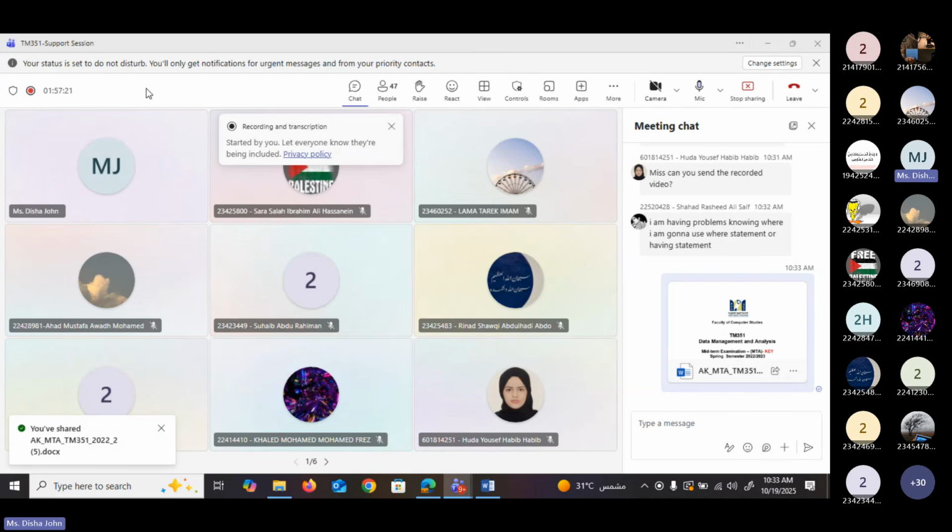If you want to search a condition for each row, then you need to write where. If you want to search a condition for each group, then you have to use having. Okay? Clear?